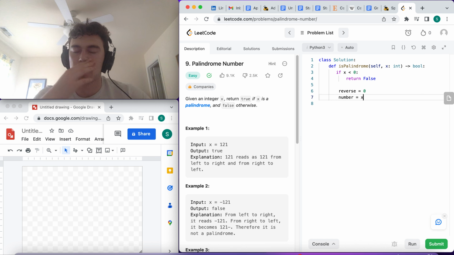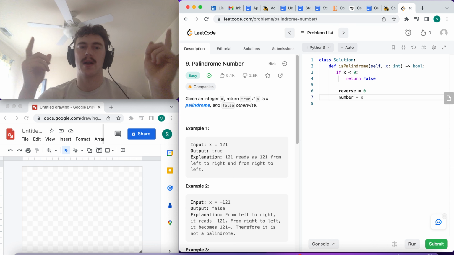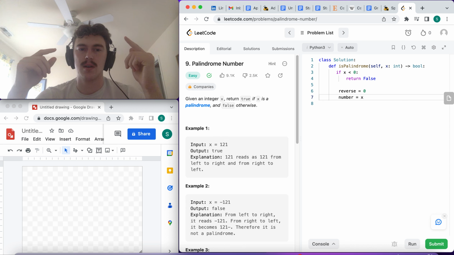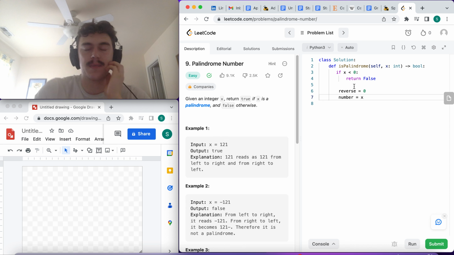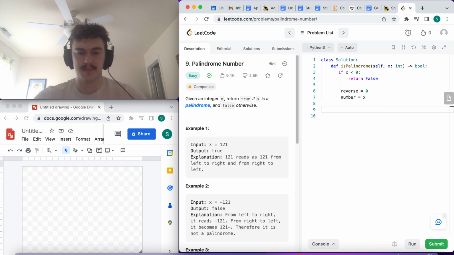We're basically going to reverse x and set that as a new variable, and then we can compare x to the reversed x that we made. So we'll say while number is greater than 0,